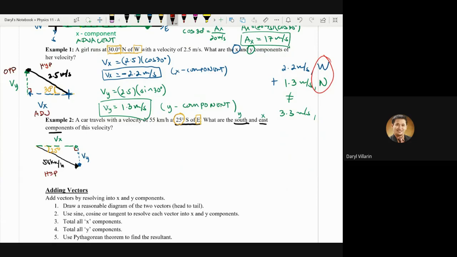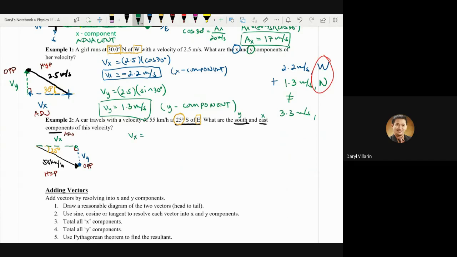And in this case, Vx would be my adjacent and Vy is my opposite side, okay? So now, if I'm going to solve for Vx,